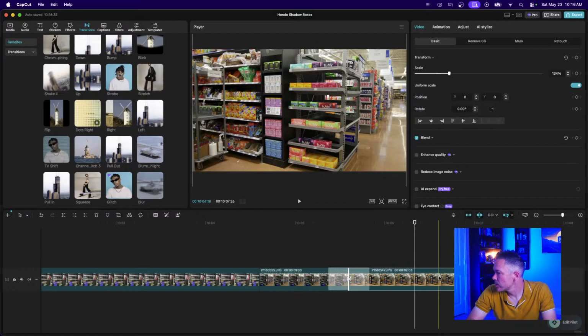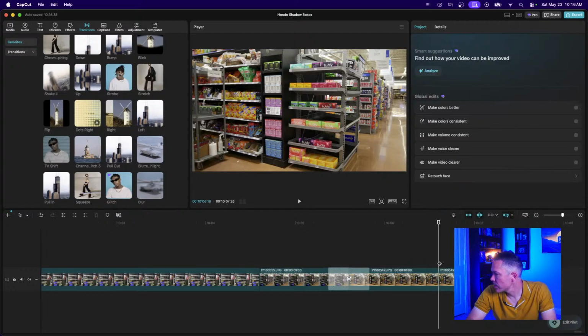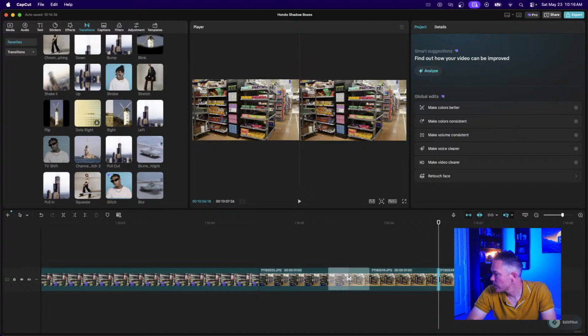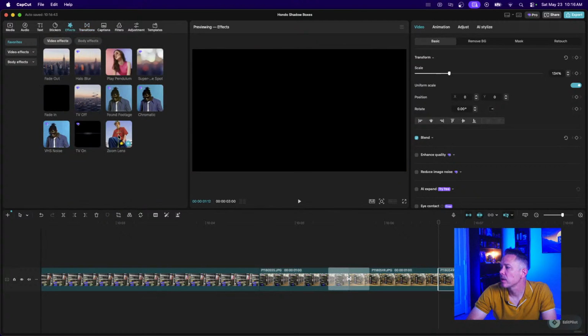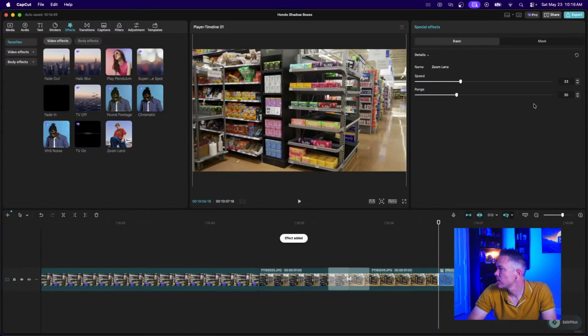What I'll do is split this. This is what I was talking about, where you can get them in the middle. That's at 1 second. We already are there. Sweet. I'm that good. We're gonna give this the effect, the zoom lens, and we go 5 at 10,